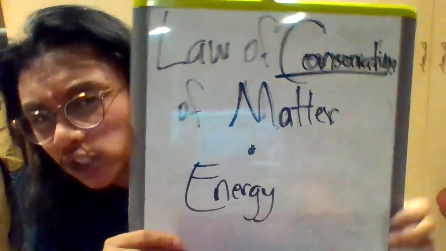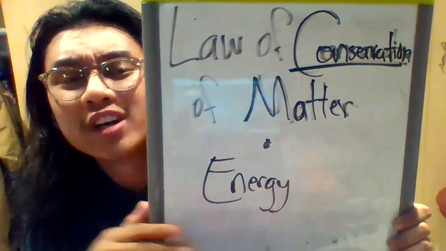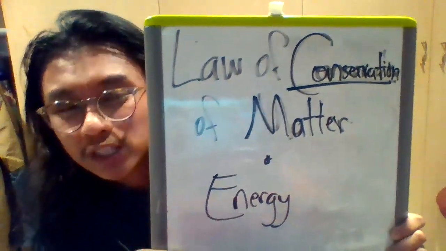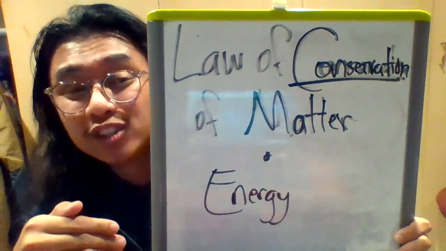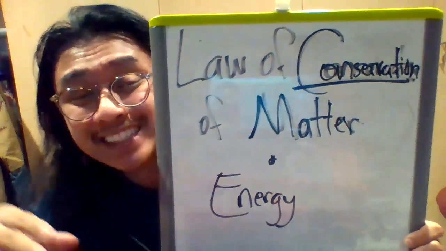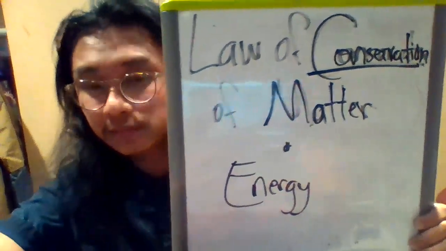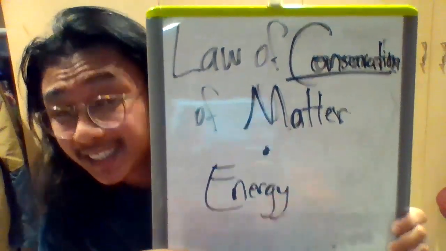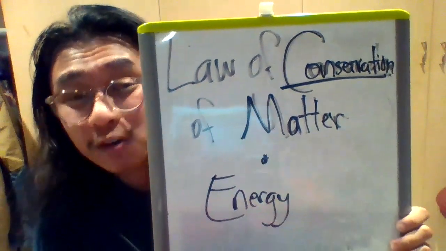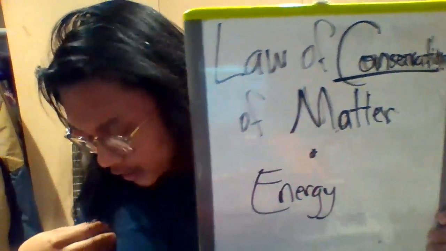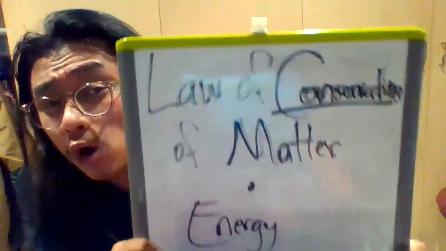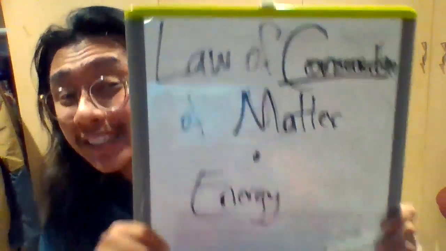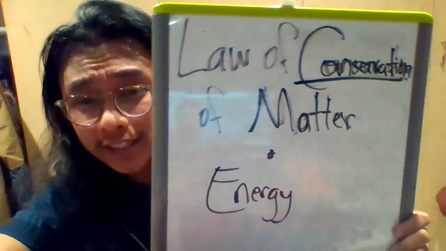The same goes with energy. Energy is also not created nor destroyed. So whenever energy is transferred or transformed, none of that energy is lost, nor is energy ever created. Based on these laws scientists use, that means everything around us, the matter, the clothes that you wear, the food that you drink and eat, all of that has always existed. And so has the energy going all around us.